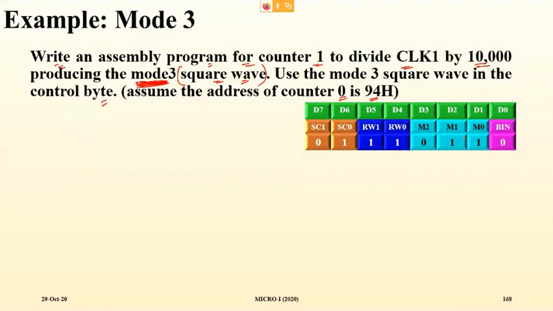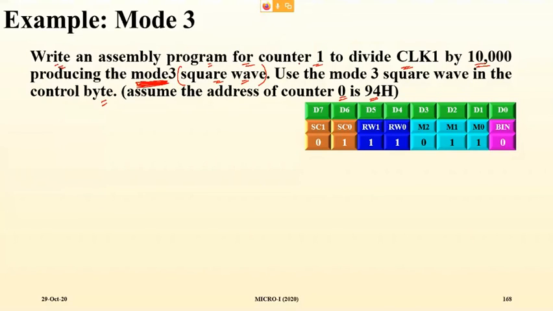Nothing more than that. The only thing is, know the address, know the control word, load the control word into the proper address, and the device will activate that particular mode. You don't have to do anything. So just see, this particular question might look very big, or you might be assuming the program will be very large. No, it will be just a 2 or 3 line program. Okay, let us see.